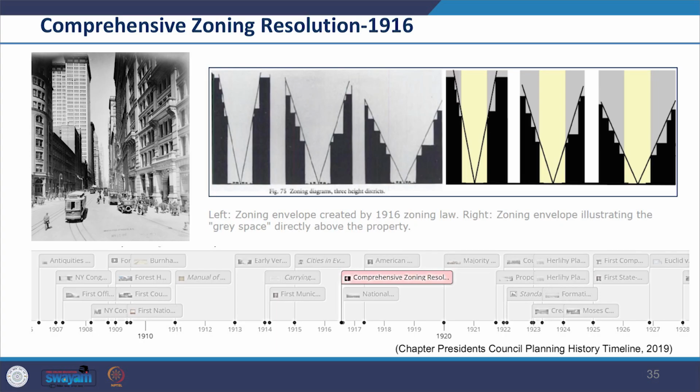Later in 1916, we see in New York the first comprehensive zoning resolution was passed. The zoning resolution was written by George McAneny and Edward Bassett as a response to concerns about overdevelopment in New York City.